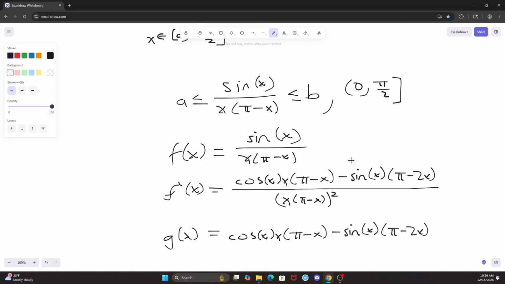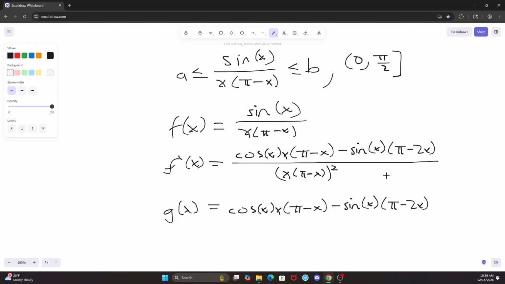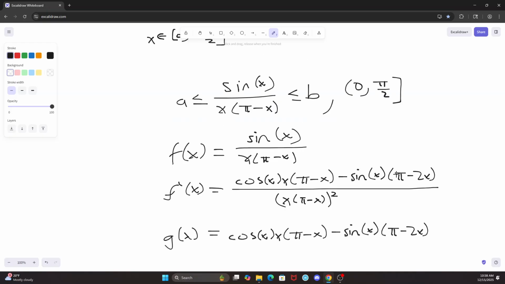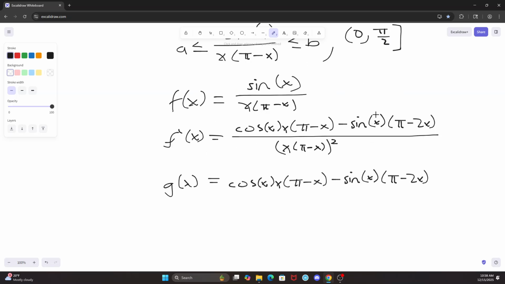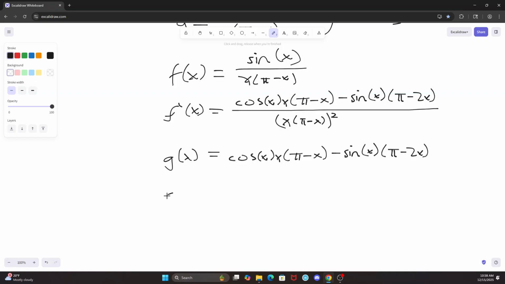Again, it's pretty hard to see, or there's not really a clear way to go, but we can try to see how it behaves at its endpoints, right? 0 and pi over 2. At 0, we have that g of 0, this first expression is 0 because it's an x, and sine of x is equal to 0. So at x is equal to 0, we have that g of 0 is 0. And then at pi over 2,